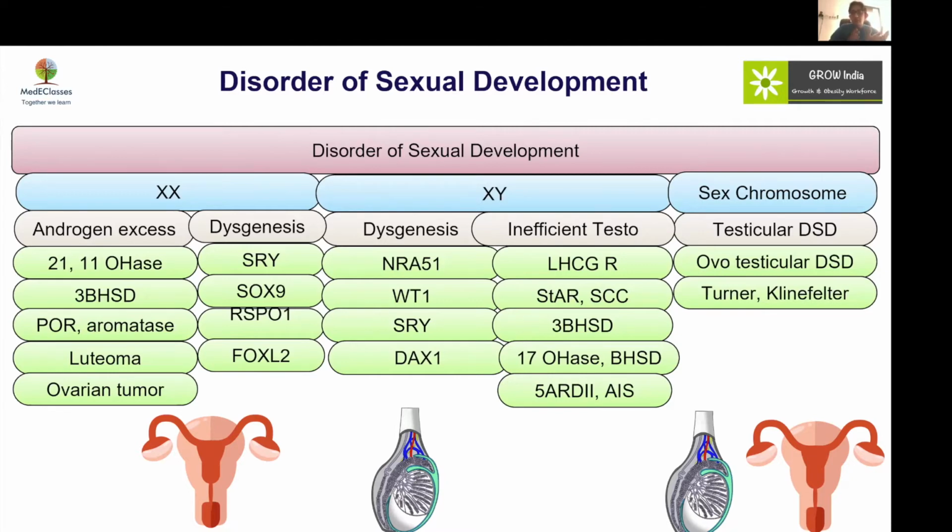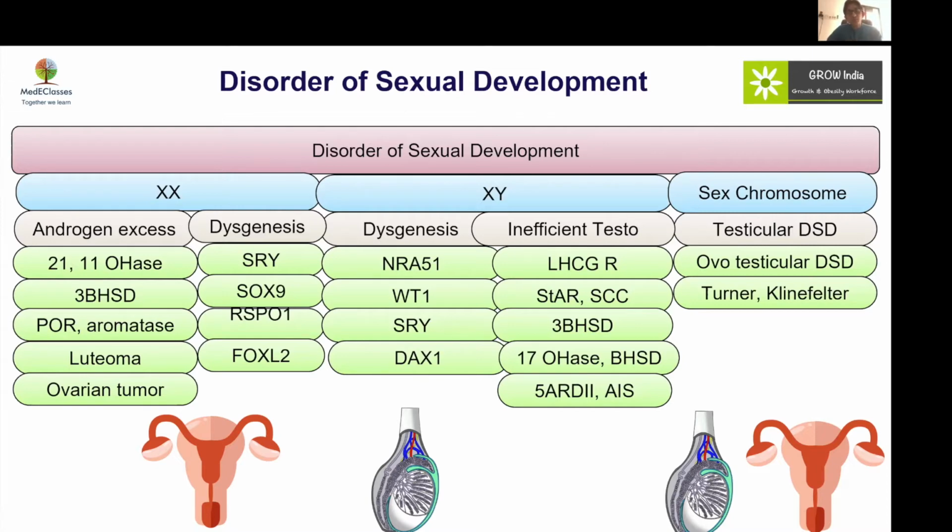Apart from androgen exposure and high androgens, there are a few genes responsible for testis development. They might be inserted into the XX chromosome or an autosome, and they can lead to the development of either an ovotestis or a partial testis, resulting in an XX male. This is also one of the causes of XX DSD.